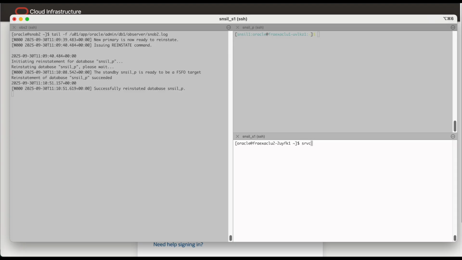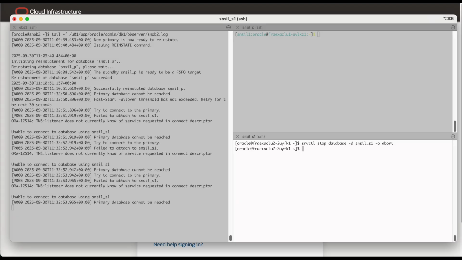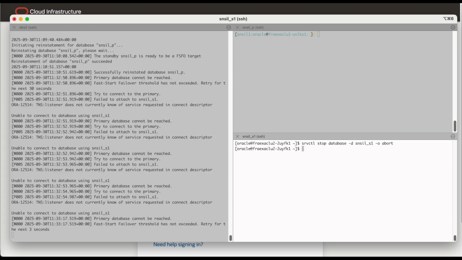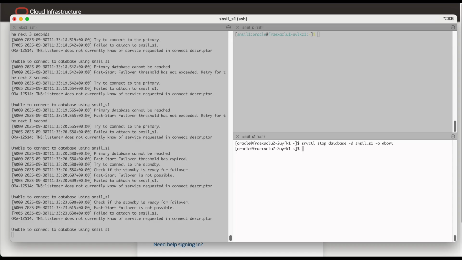Now let's do an abort on the primary database. Now if you see the observer log, the observer waits until the threshold expires.